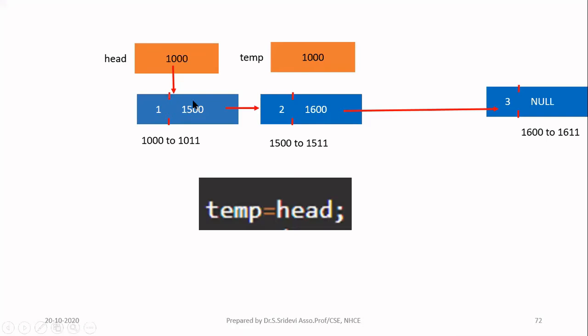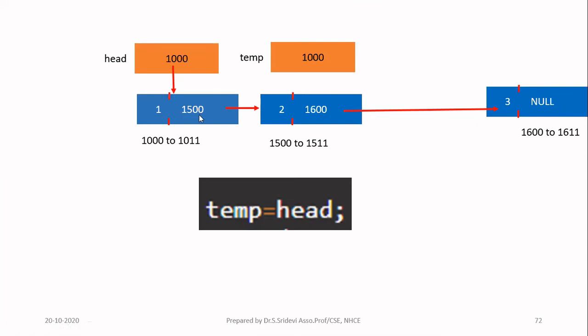We will not display the next field. Remember, pointers we are not going to display. We will be displaying only the data present in the node. So in case of display, first you have to display this one, then get this address, go to the address 1500, display 2. Then here get 1600, go to the address, display 3 and get the address here. Here the address is null. When the address is null, you stop the loop and come outside the loop. So after displaying the element, you come outside the loop. This is the thing we are going to do.